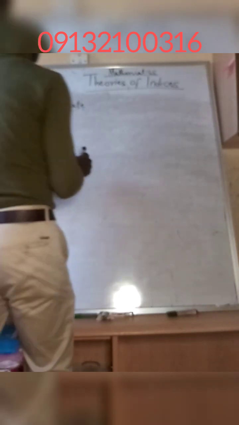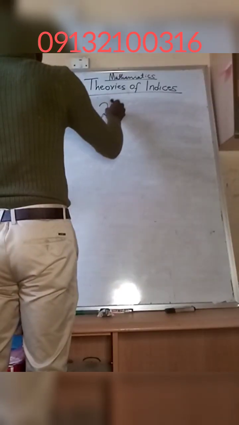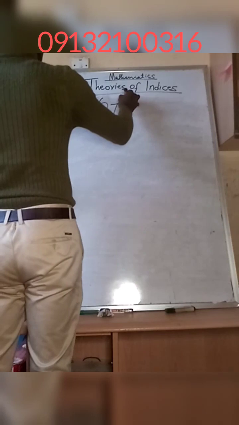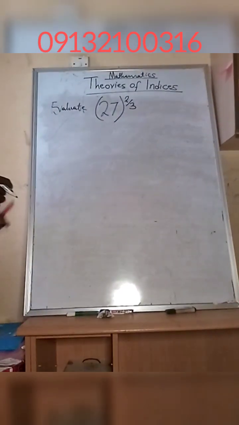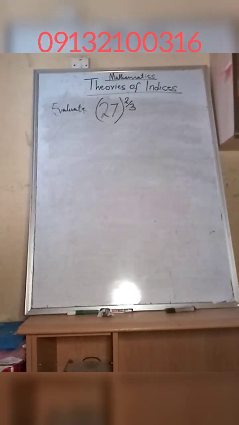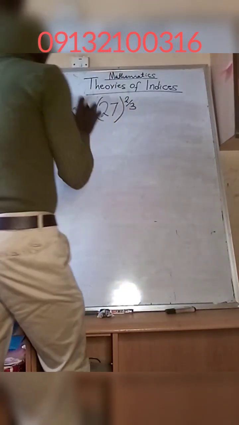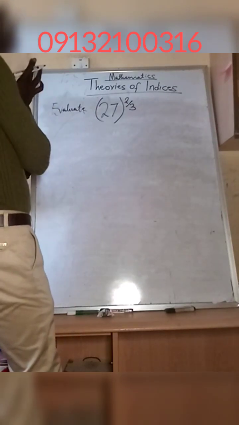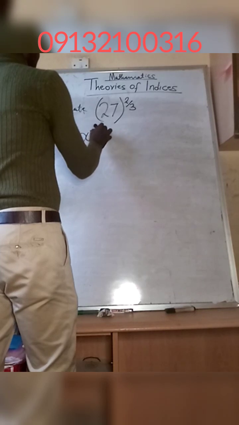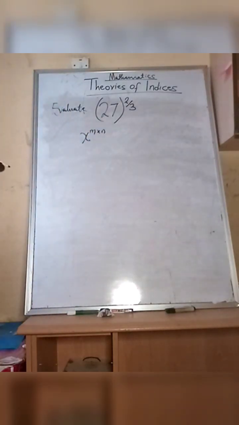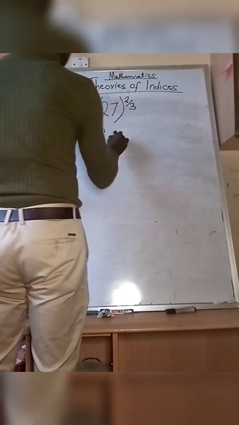Evaluate 27 raised to power 2 over 3. Now, this is a dicey one, in the sense that this presents itself in the form x raised to power m times n. And someone might want to ask, how do I know? That is because I know that